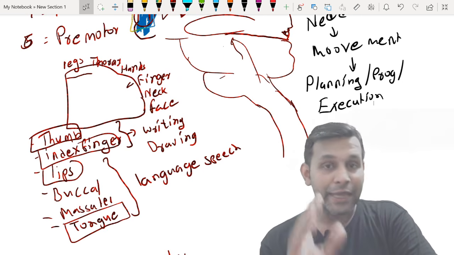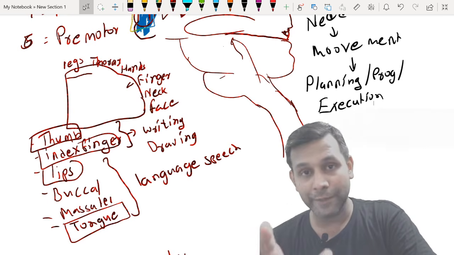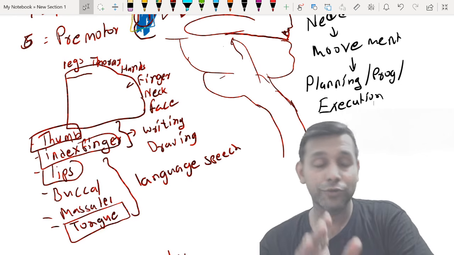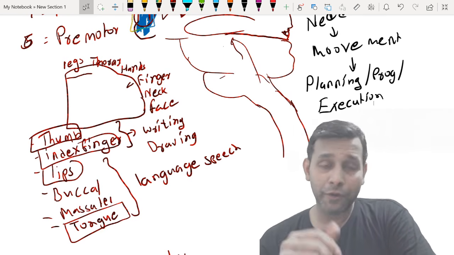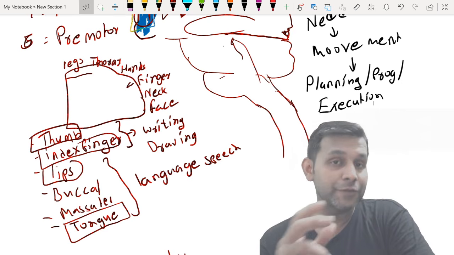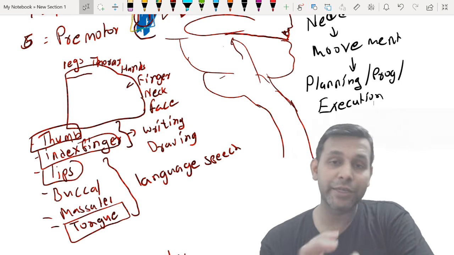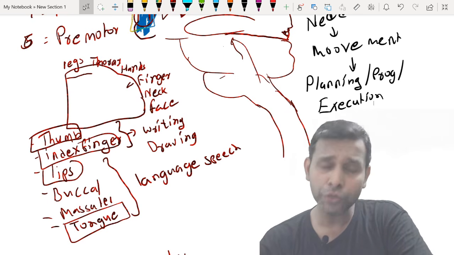I am dedicating 10 hours of my neurophysiology for the motor system only. In the previous session I dedicated 12 to 14 hours only for sensory physiology, and starting from next week it's going to be motor physiology, neurophysiology, in which we are going to discuss in very much detail the motor system, every aspect of the motor cortex, not only area